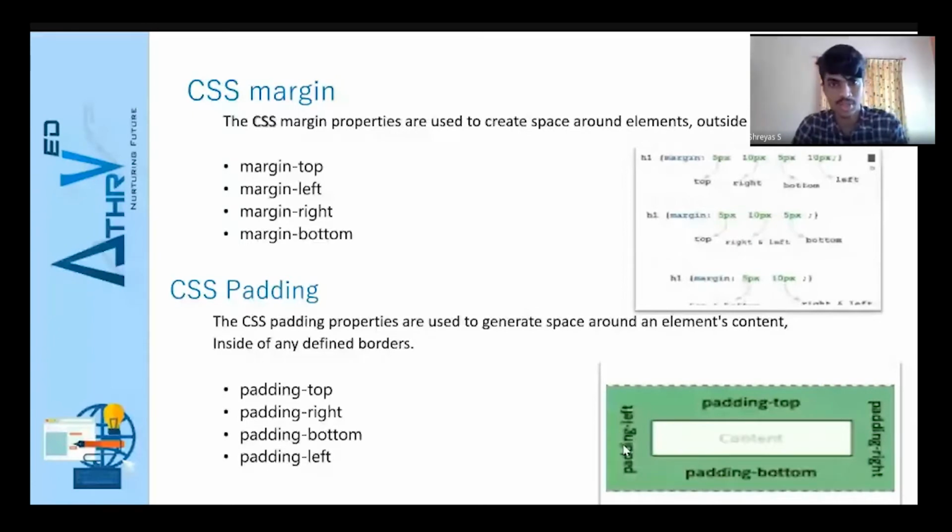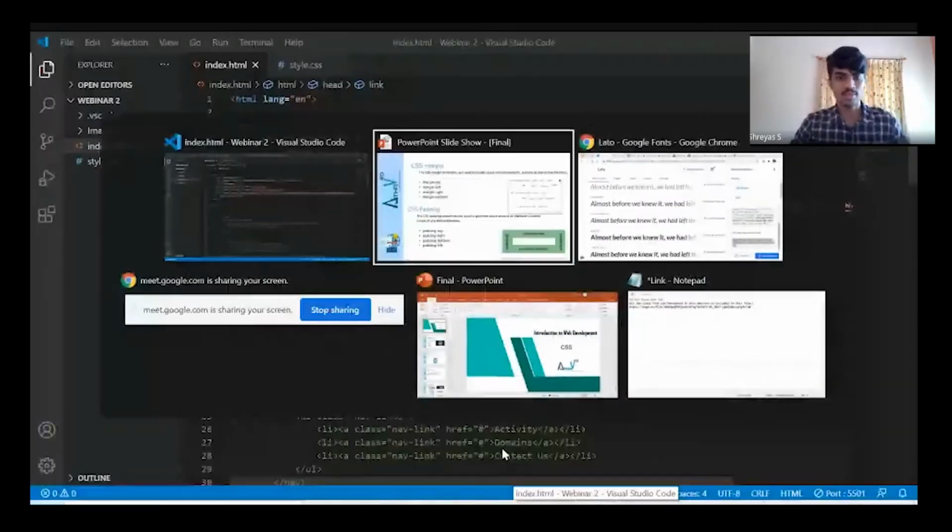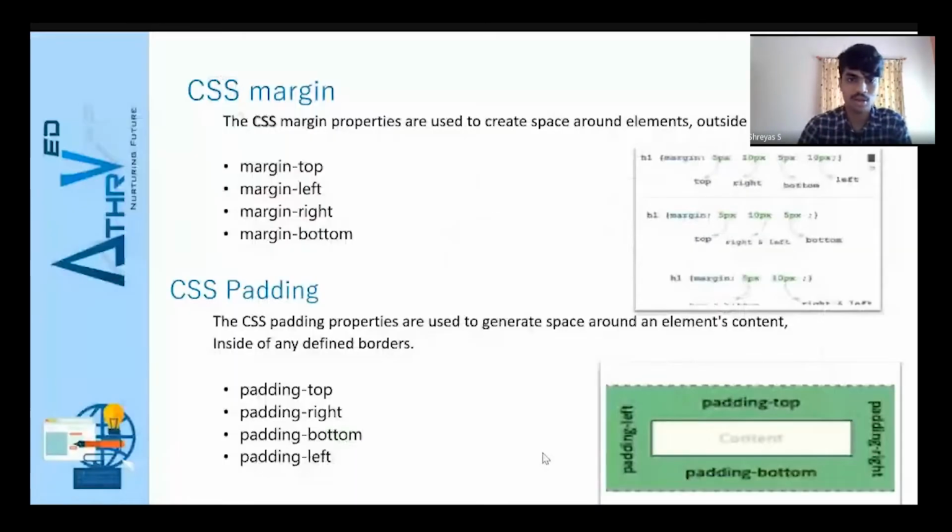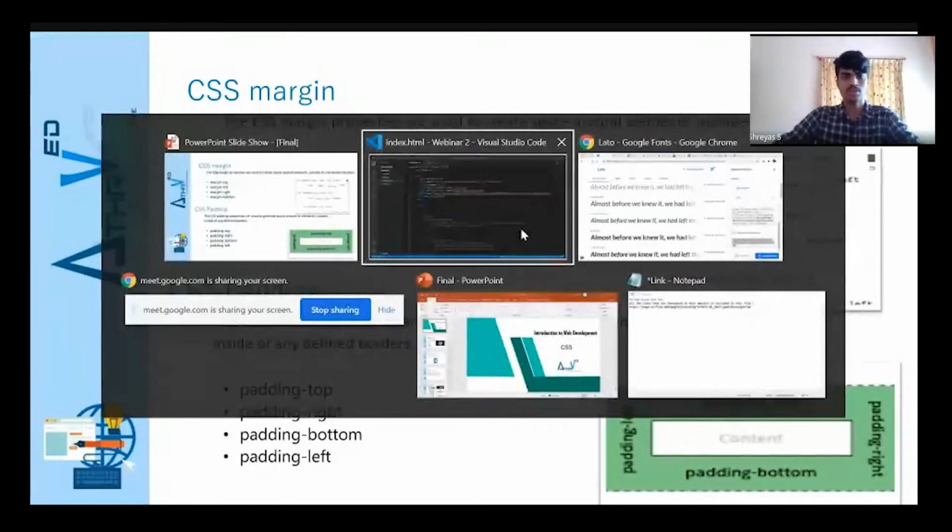So here, what is px? Px is pixels, in which you measure. In CSS we use pixels to measure length. 96 pixels is equal to 1 inch if you want it in a measuring unit. Even for padding it's the same. We have individual properties as well as the shorthand property. We can combine it all together. The difference is padding is for inside the container, and margin is for outside the container, if you want to make changes.